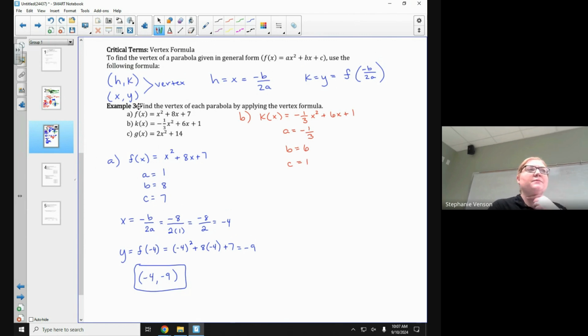Y'all are comfortable with that? All right, so the x value of my vertex is negative B, which is negative 6. I'll go ahead and write the formula since we're just learning it. Negative B over 2A. So that is negative 6 over 2 times negative 1/3,